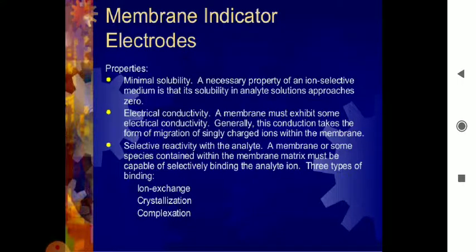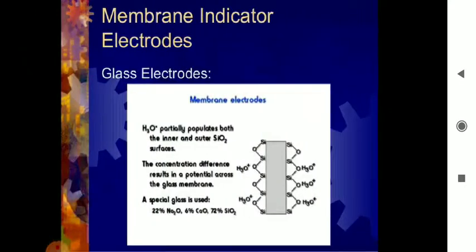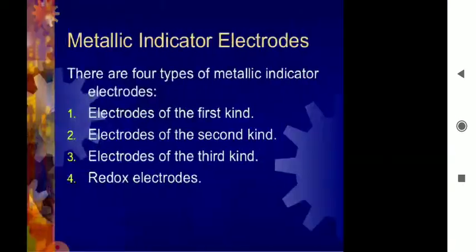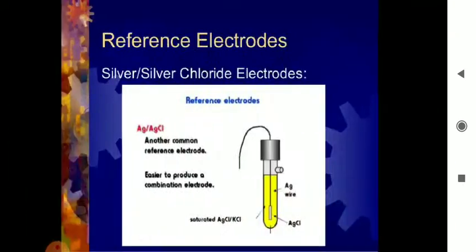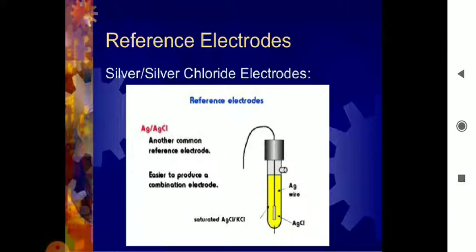Also we can go into detail on membrane indicator electrodes. These electrodes of different types are not included in our syllabus, but students, these are very important points which we have covered in today's electrochemistry topic, that is, the reference electrode. In our next lecture we are going to see the secondary electrodes, and we will also see their applications. So in today's lecture, the point we have covered is the reference electrode. Thank you very much.